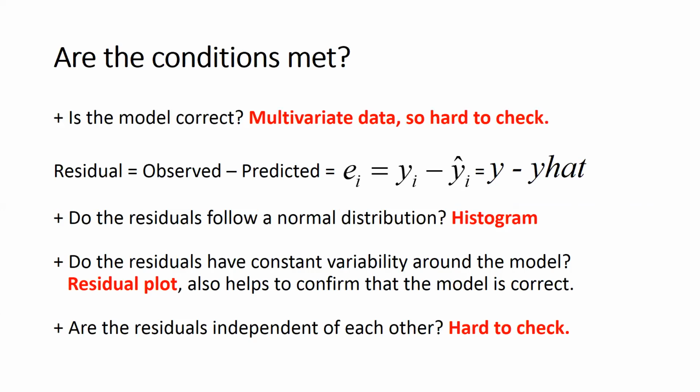However, there still are residuals, at least if you only have one y variable in the model. There's still a residual. It's called e_i. It still has a song about it. And so you can look at those residuals. They're still univariate. And you can make a graph of those residuals to see if it's normal. And you can also make a residual plot. So as I mentioned before, it's important to introduce residual plots and make the connection to a scatter plot in simple linear regression. Because now that's going to be the tool we use to determine whether the model really is correct and whether properties like equal variability are appropriate.